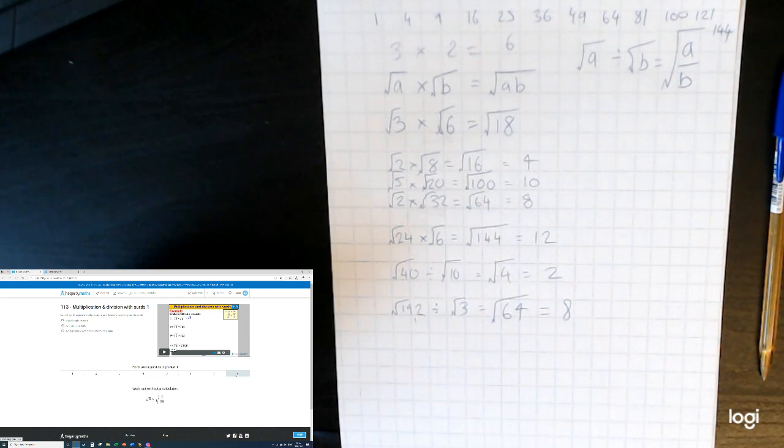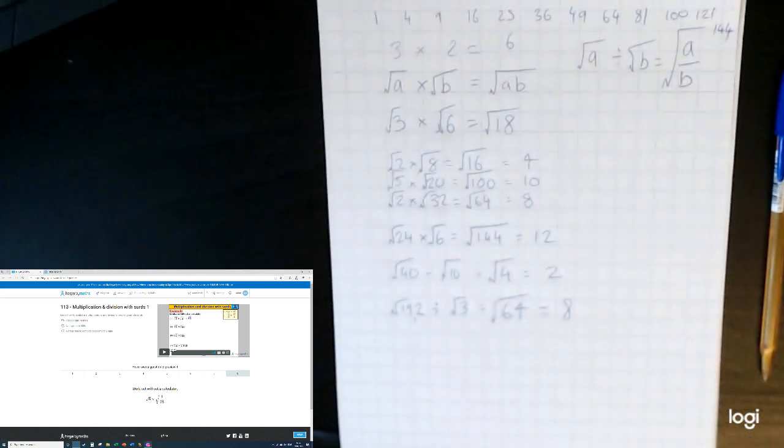Let's see, what else can we do? That's pretty vile. Root 8 times root 1 over 98. Let's see how this